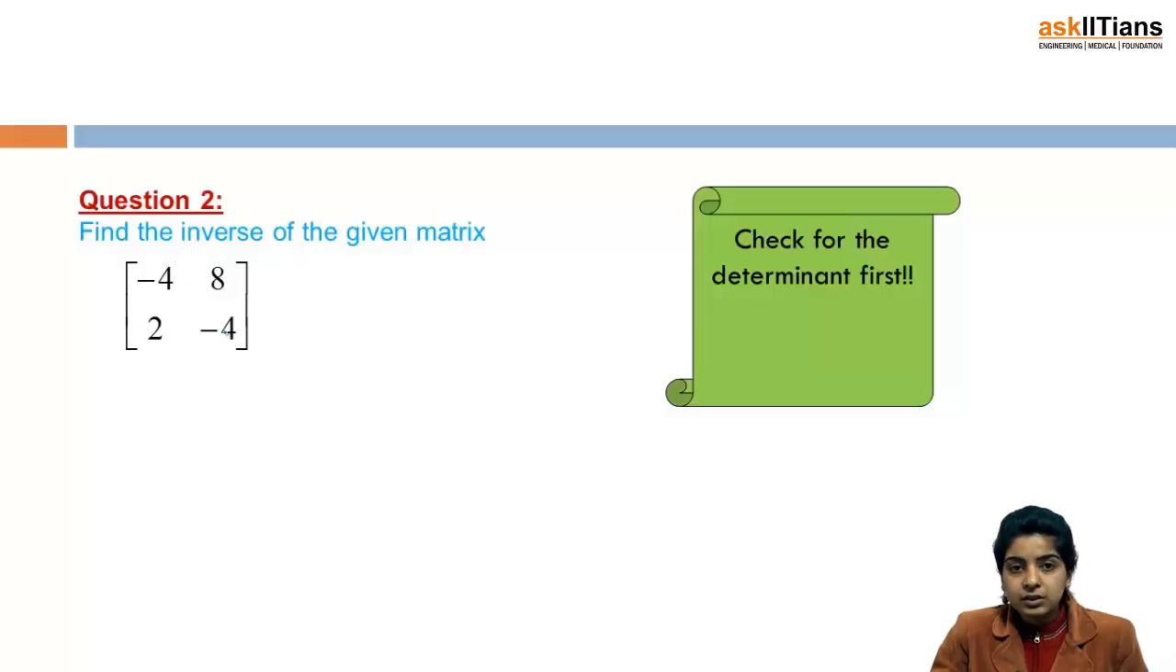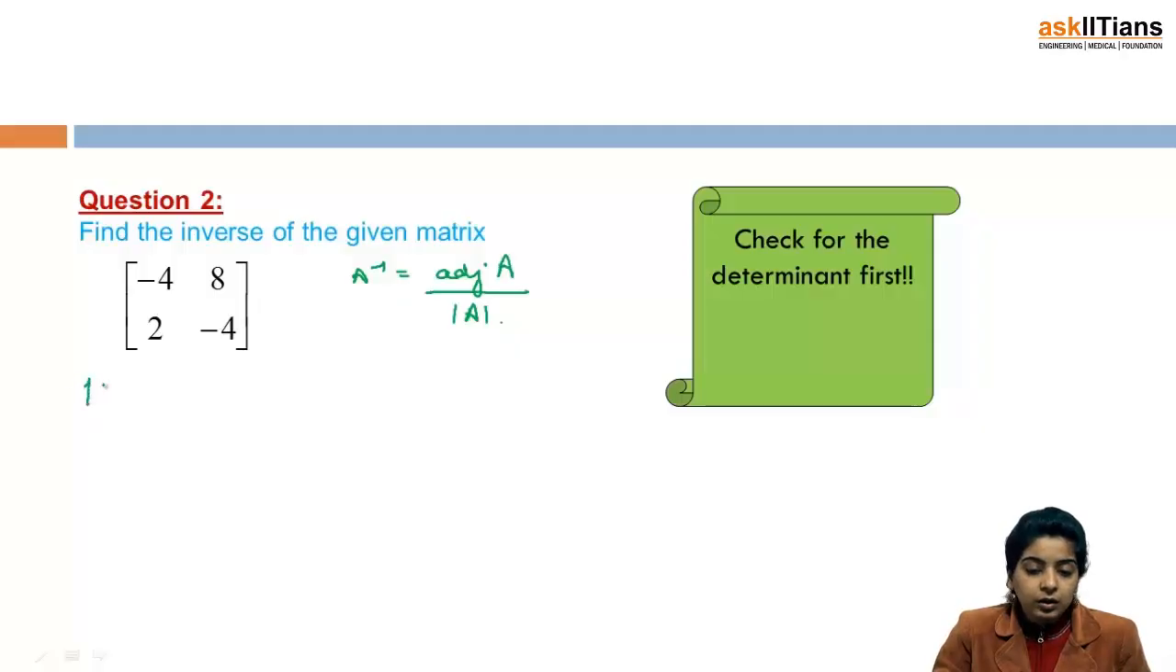where the matrix is this. Now A inverse, if you remember, is adjoint of A upon determinant of A, right? So first of all, in case of finding inverse, it would be better if you find out the determinant only,